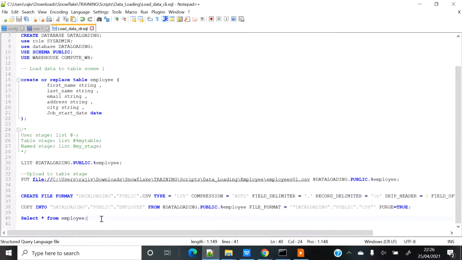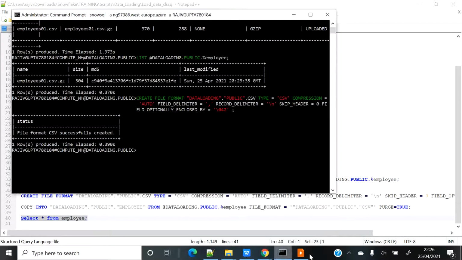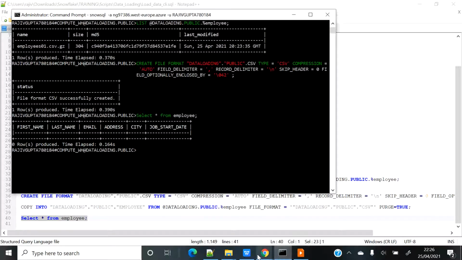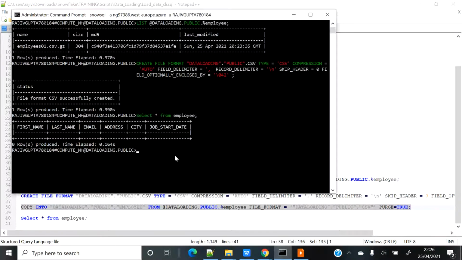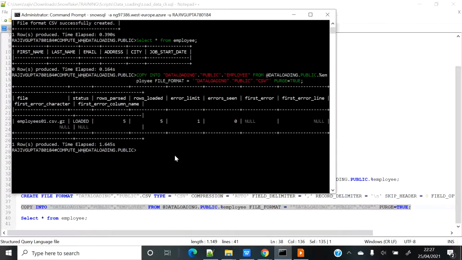Before loading, I just want to show you that there is no data over here. So you can see there is no data. Now I will go ahead and copy the command from here, and then run it. Let's see. So it says it loaded the file into the table from the file which I provided.